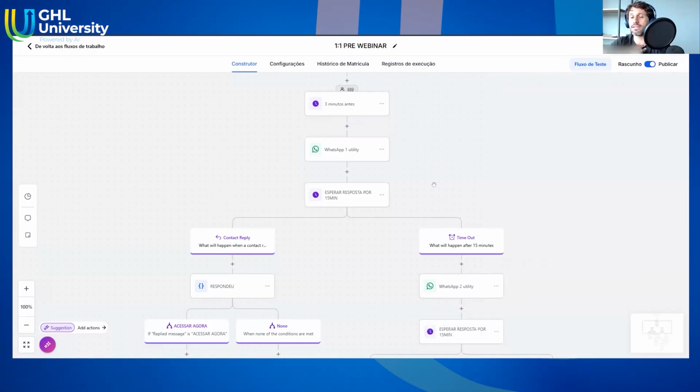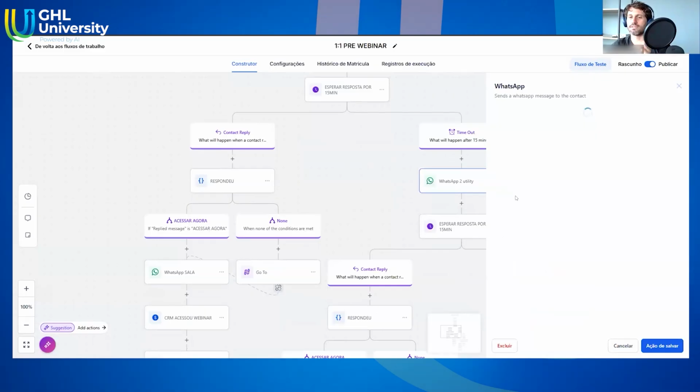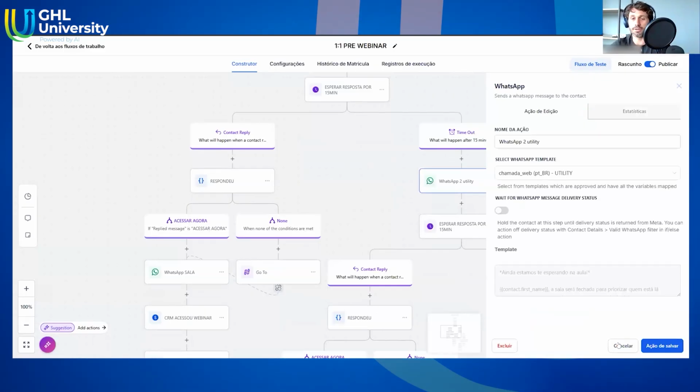And my thing is, if he sends it to 2,000-3,000 people at the same time, and every message costs something, if the client clicked the message and went to the class, I would want to get him out of the workflow and only send the second message to those who haven't clicked the button. But I haven't found a way to do that in GoHighLevel.